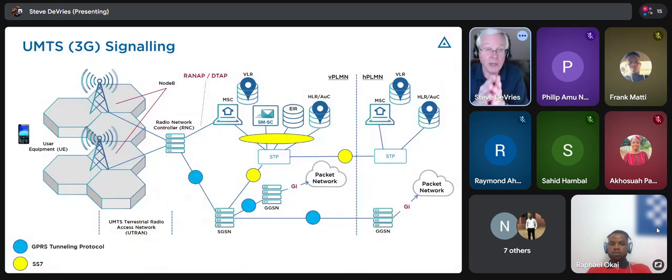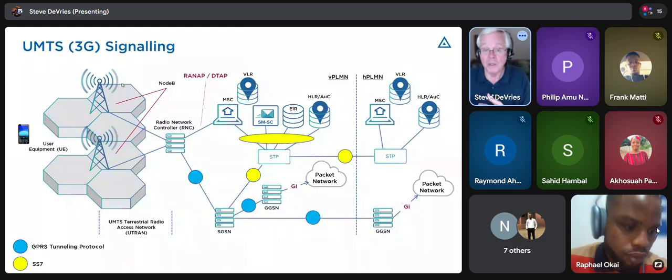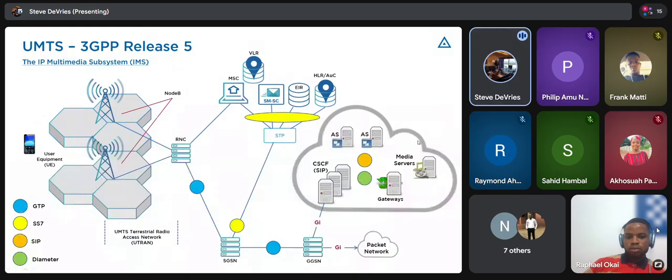The next release after 99 was Release 4. Why? Don't know. But then 5, 6, 7, 8, and so on. Currently, the most current release right now is 18 or 19. So again, it doesn't quite follow the years. So 3G came out in Release 99. There was a little upgrade in Release 4, which came out like 2002, 2003, and then came Release 5. And in Release 5, there was an additional optional architecture that was introduced. This is the additional architecture, was this right here.